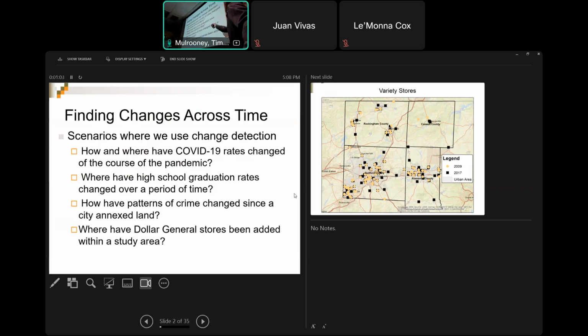But things like: how and where have COVID-19 pandemic rates changed over the course of the pandemic? COVID is still a real thing these days, even though we're not shutting down schools. Where have high school graduation rates changed over a period of time? How have patterns of crime changed after a city annexed land? We hear about this term annexation. Or, where have Dollar Generals been added within a study area?